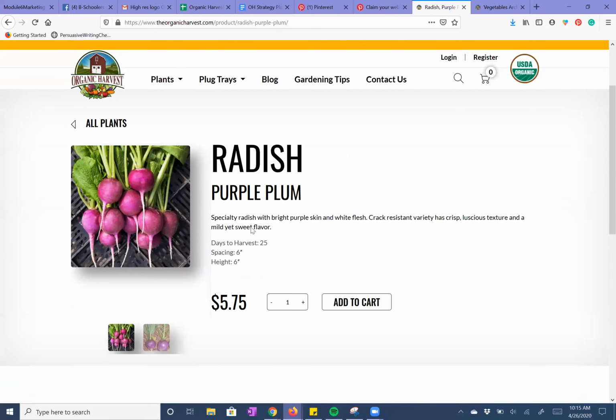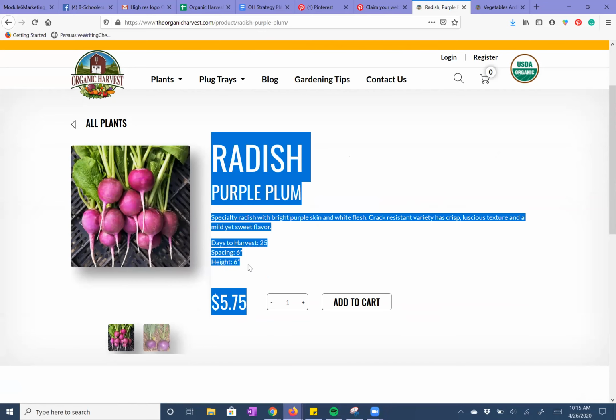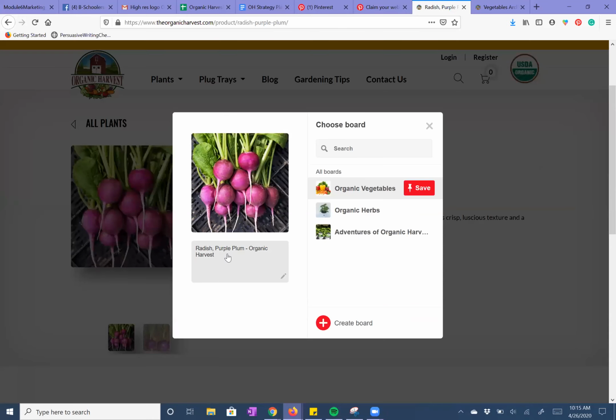Another great thing to include in your pins is like some additional information because if somebody is just browsing on Pinterest, you want them to click on your website. So yes, they'll find more information there, but you want to spark curiosity so people will come to your website. So here we are again. We'll say